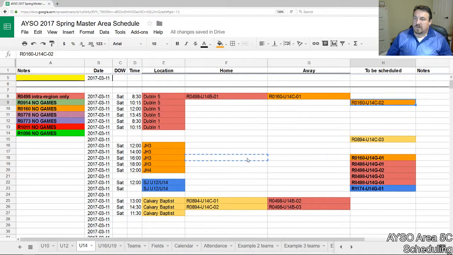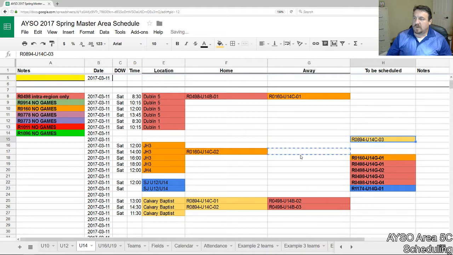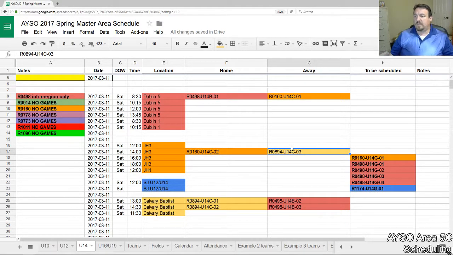If everything works out, then we end up with no more teams. If we have an even total number of teams for the boys and the girls, then that makes it great, because we don't have to do any finagling to get enough games. If it's an odd number of teams, then we have to make a decision. One region will usually have to either play a double or a bye,